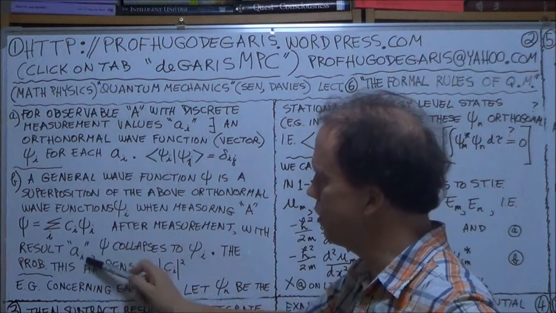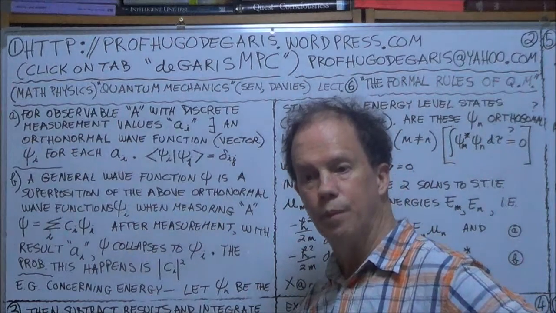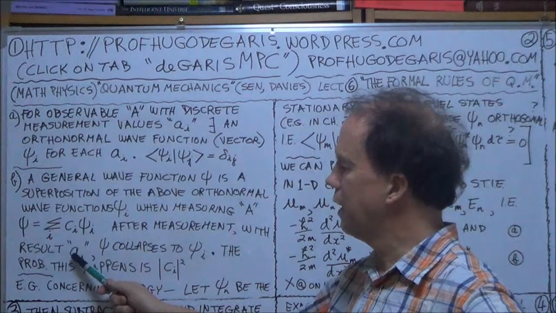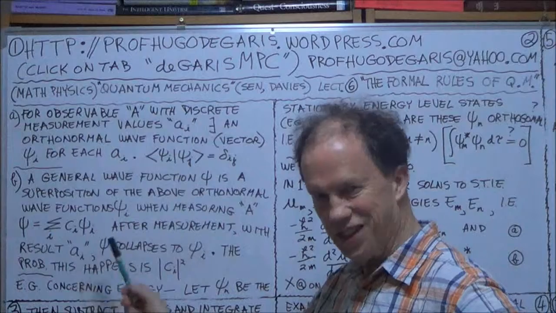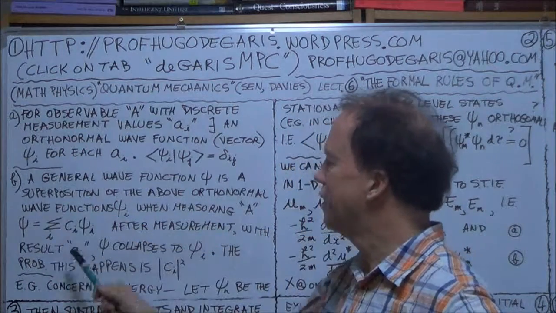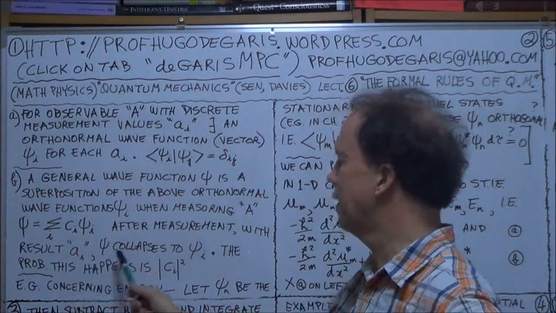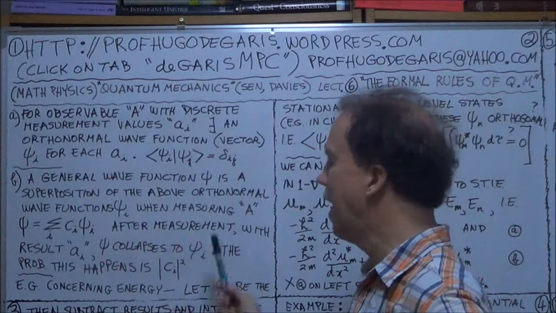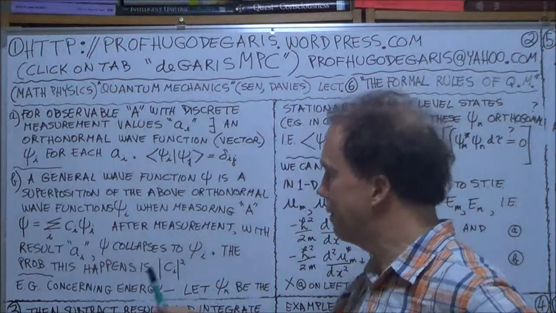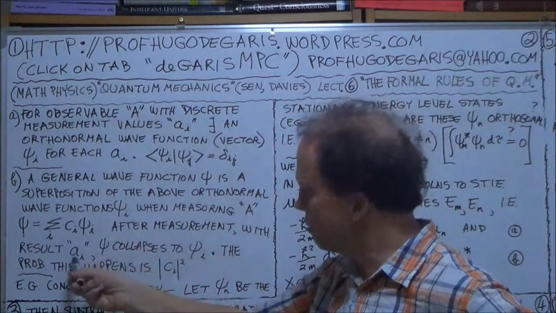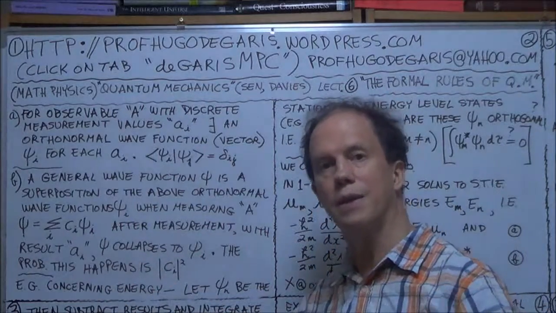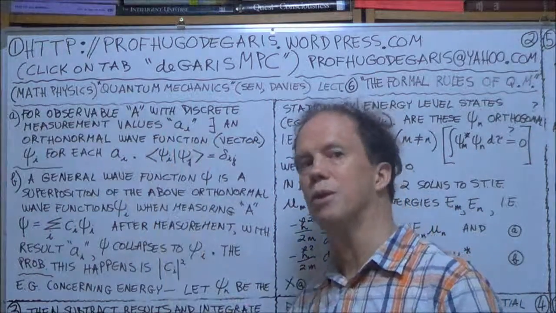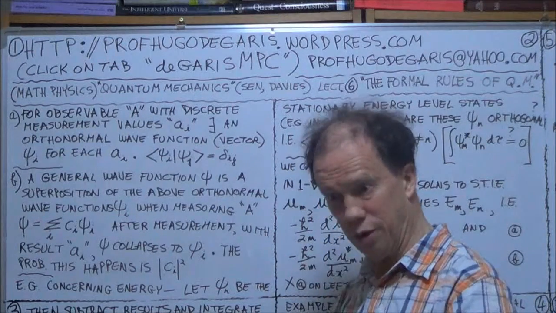So this is one of your discrete allowed measurable values. Okay. So if you get that one, its wave function that corresponds to this measurement is this one, let's say. So your psi now, which was a superposition, collapses to the wave function that corresponds to the value you obtained, a_i. And the probability that this happens, that you get this result a_i, remember we're talking quantum mechanics, probabilities, another basic notion of quantum mechanics, determinism out the door. It doesn't work in, well, under certain circumstances it works, but in